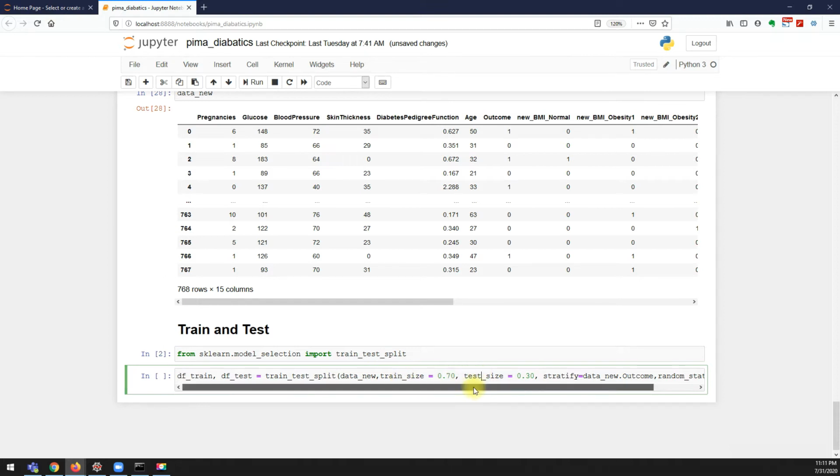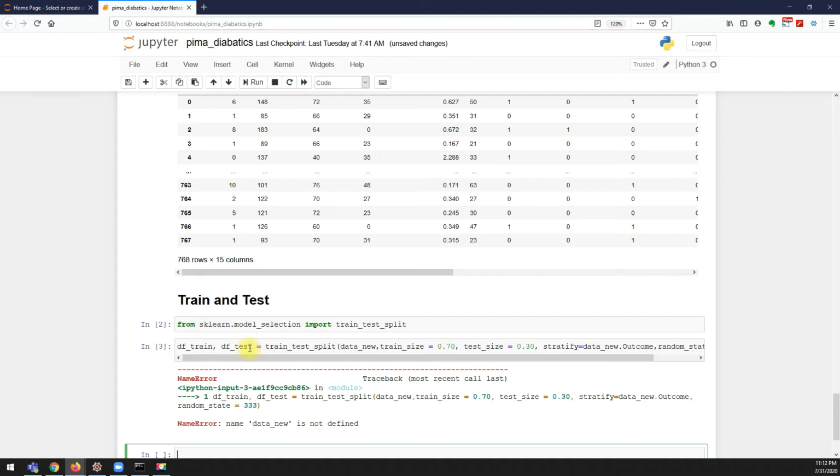What you see as a new thing is stratify. So why are we using stratify here? If you want to understand it, please watch my previous video where I talked about different sampling techniques and imbalanced data, one of the major problems in classification. It will give a good idea why we are using stratify here.